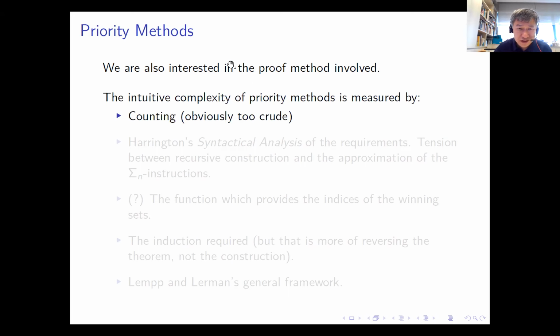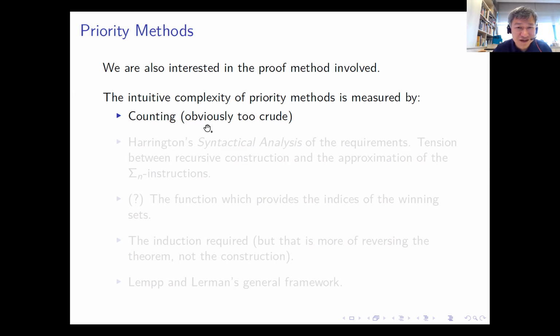So traditionally, we have an intuition that one priority method is more complicated than another, right? But it seems we don't have a rigorous definition of the difficulty levels of priority methods. So I'll list a few which I know, though some are probably not ideal. The first one is by counting, right? People know finite injury and infinite injury is just by counting how many times a requirement is injured,